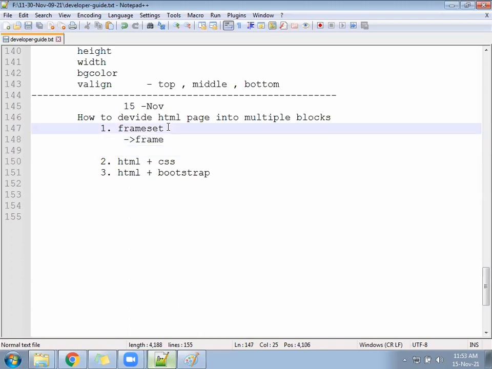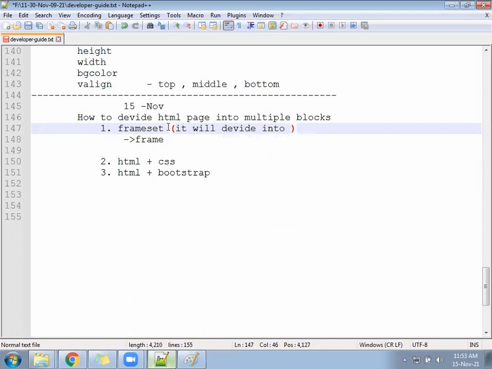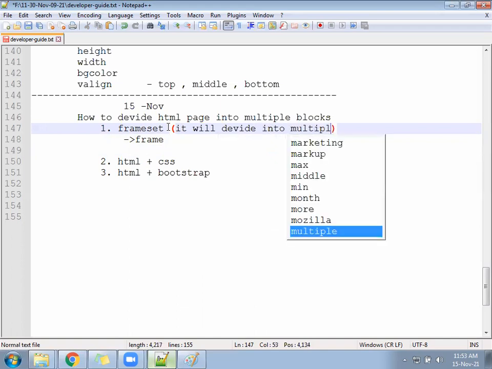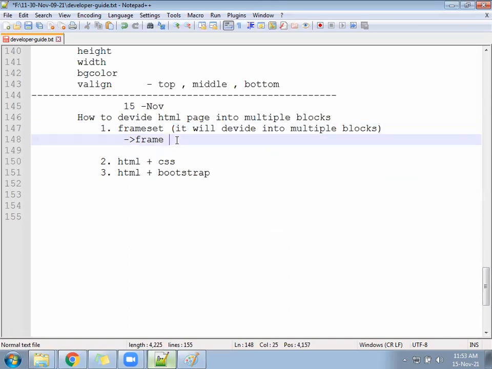Frameset, what will it help you with? It will divide the page into multiple blocks. And this frame, what will it do?